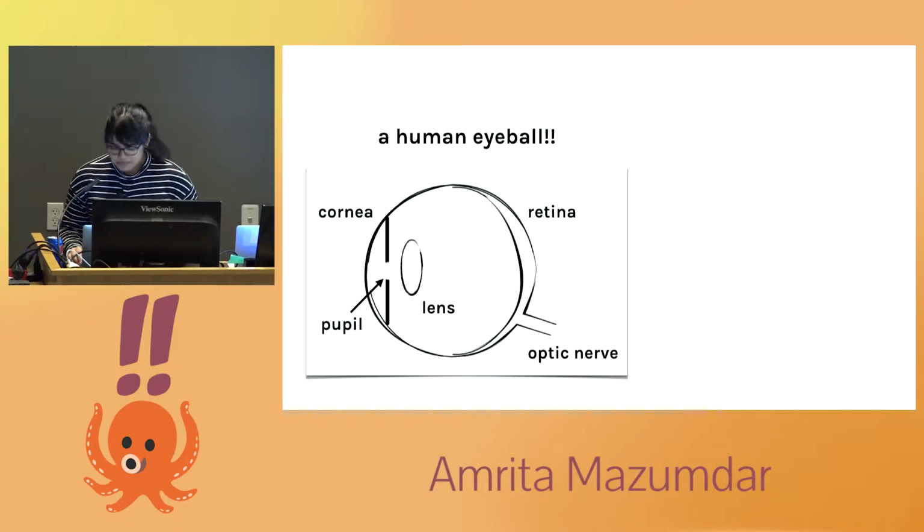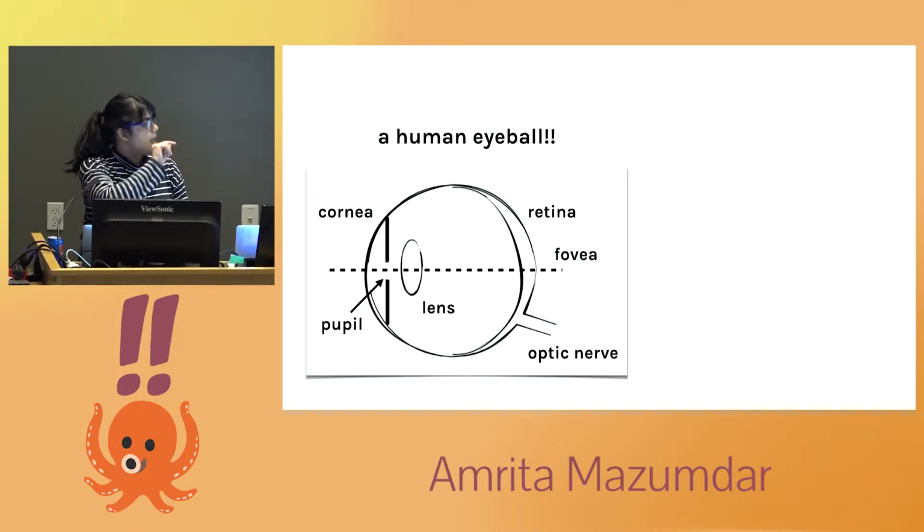I can continue on. But one thing that I learned about when I was doing my research is that when the light comes in through the lens, you've got the straight-on light, and it hits the part of the retina that's the thickest in the middle, and that area is called the foveal region. And the fovea is very important because it's the thickest part, and what this means is most of your photoreceptors in your eye are located in the middle.